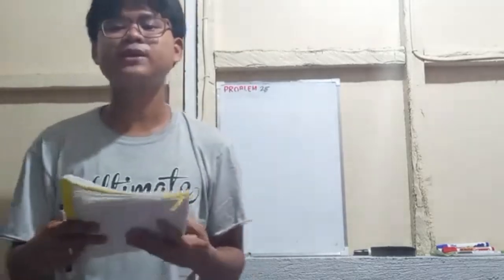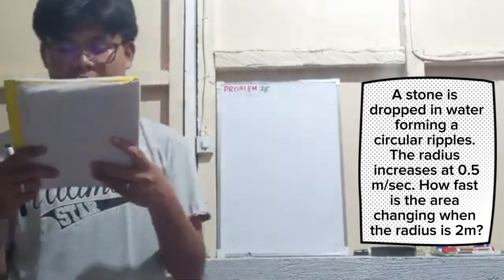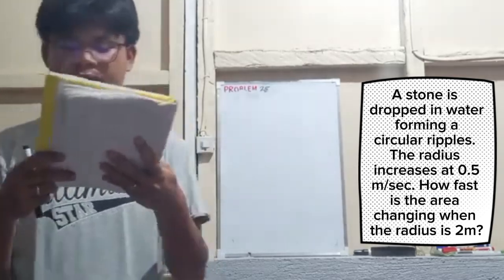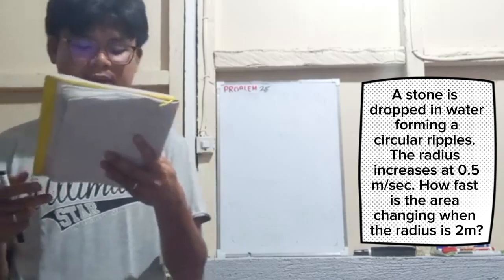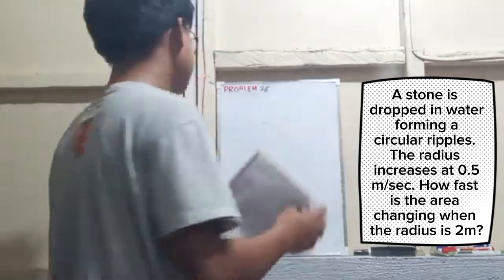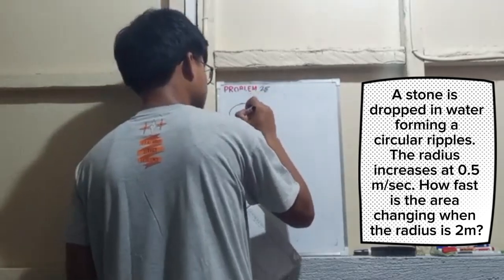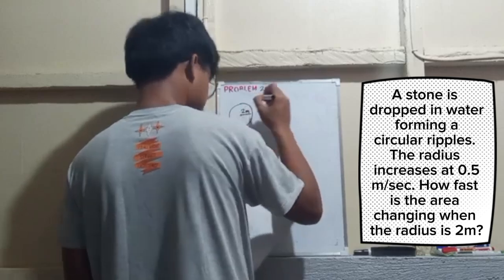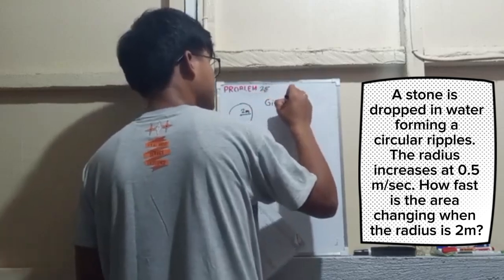So now we'll proceed to problem 25. A stone is dropped in water forming circular ripples. The radius increases at 0.5 meter per second. How fast is the area changing when the radius is 2 meters? So first, we'll draw the circle and the radius as 2 meters. Now, we'll identify the given in the problem